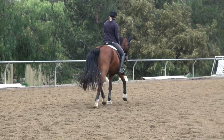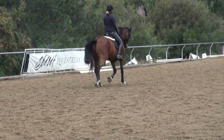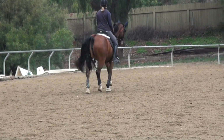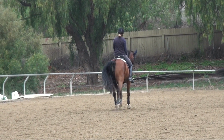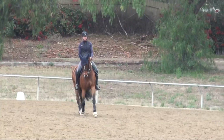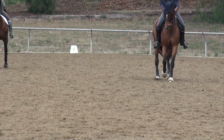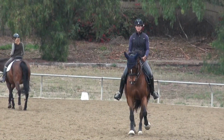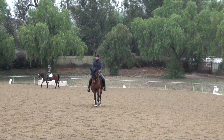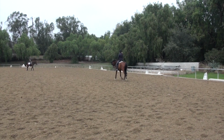The next challenge is to be able to take this suspension into the lateral work. So here I'm riding a little bit of shoulder-in to the right and trying to keep that exact same tempo, that exact same cadence, and that same swing. For any of you guys that have developed a trot before, this is the hard part. It's easy to get this swinging trot on a straight line. Then you try to take it into a shoulder-in and a half pass, and suddenly you realize how difficult that is. So here again, I'm doing a little baby half pass, but I'm just really focusing on the tempo,